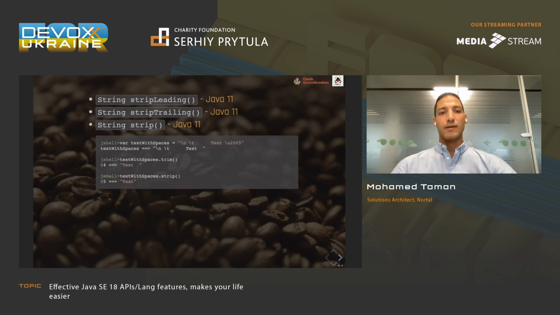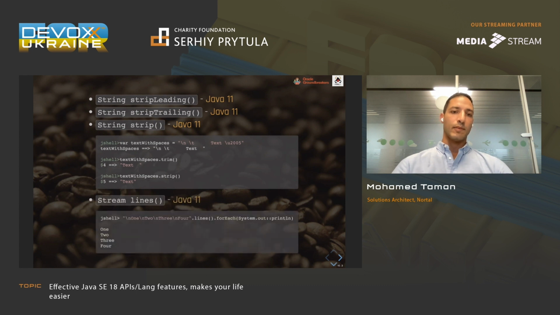But if you use strip, it will trim it. It understands Unicode. So if you're reading files or doing something with ASCII, you can use both strip and trim, no problem. But if you are using some multinational characters like Arabic, Hebrew, Chinese, or something with spaces you would like to trim, just use strip and keep it in mind.